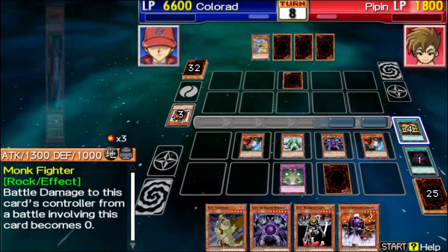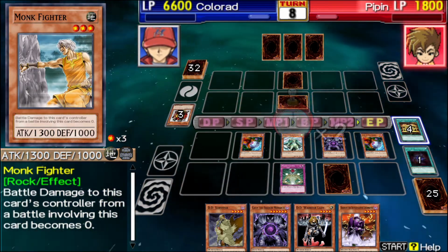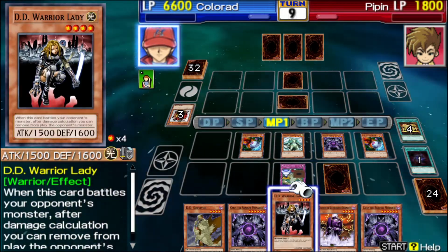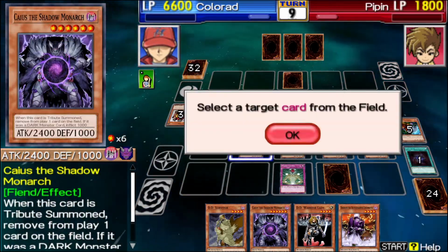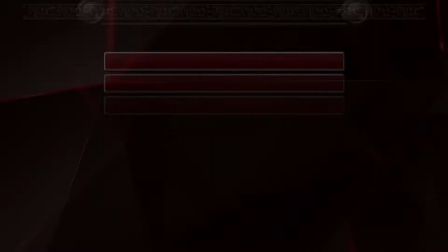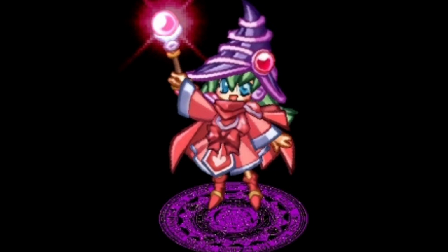Not only do you have the absolutely gorgeous looking HD textures for the card images, both in hand and on field and in the little display window on the left side, you've got some absolutely beautiful new assets, like the level stars, the monster types, and the attributes being completely updated. There is a completely updated main menu, updated icons for the turn phases, and even an updated little card ejector